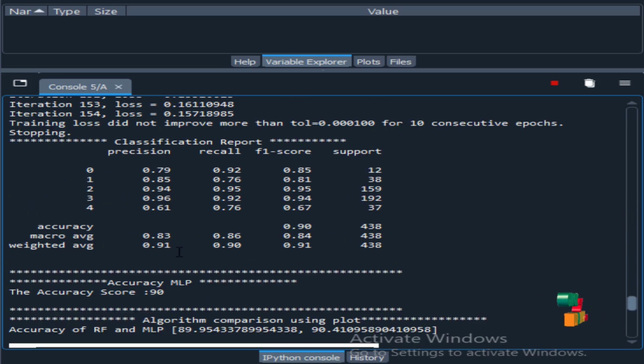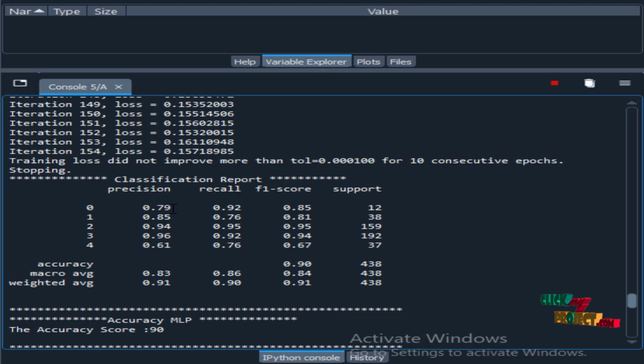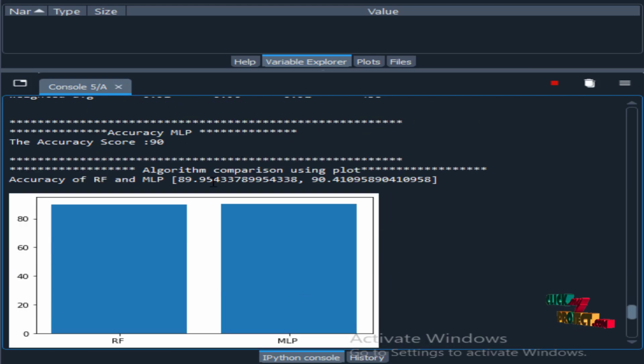The MLP algorithm is applied, and the accuracy produced by the MLP algorithm is also nearly 90. So the random forest algorithm gives less accuracy than the MLP algorithm. MLP produces 90% and above, and random forest produces 89%.